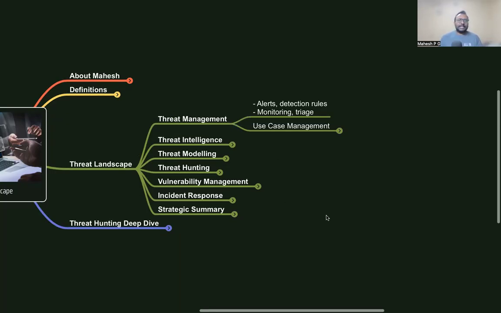When it comes to threat management, it is the non-alerts or the alerts which came to the organization. We need to understand, we need to prepare, in the sense that by properly making the detection, the alert management, right? Proper detection rules and monitoring continuously. Continuous monitoring is one of the important aspects of risk management. And we have to triage it, whether this is a false positive, true positive, or a benign positive. So we have to see to that.